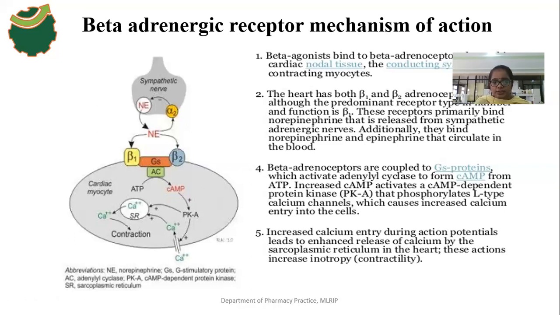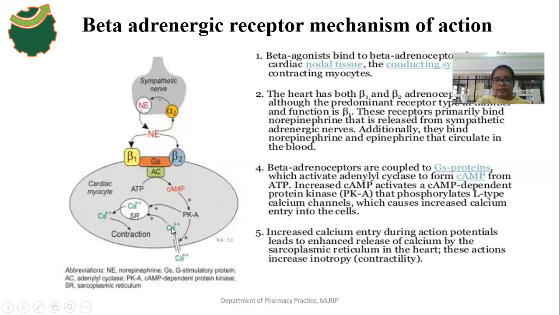calcium channels. So protein kinase A stimulates the calcium channel to allow more calcium ions into the intracellular region. Within the intracellular region, the calcium levels increase. So what is the name of this cell? That is a cardiac myocyte, not smooth muscle. This is a cardiac muscle. So the levels of calcium in the cardiac myocyte increase.